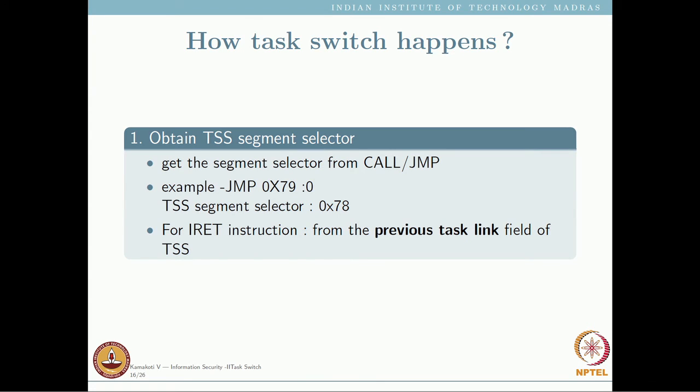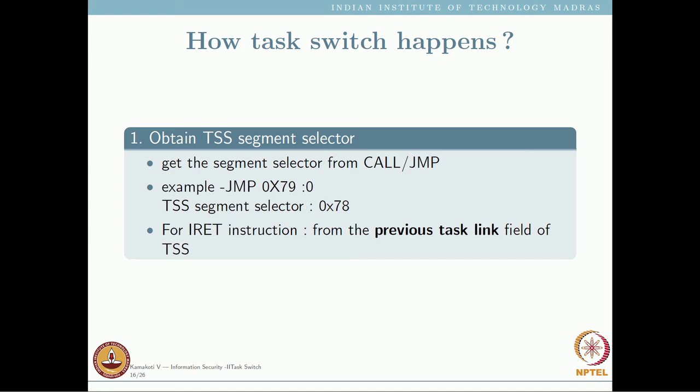So what are the stages in this task switching? I am repeating. I have been covering this for the third time, but every time I am slowly going into more depth, because the first time I teach you the complete depth, it actually drives you mad. So let me slowly go into a little more depth into what happens when we want to do a task